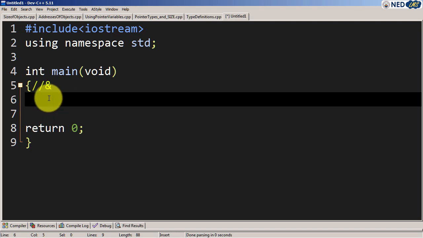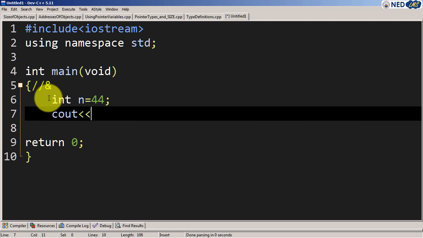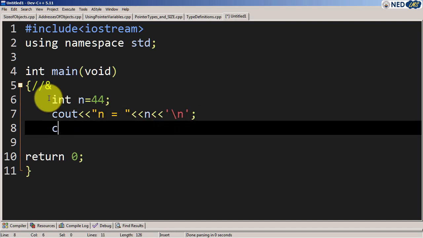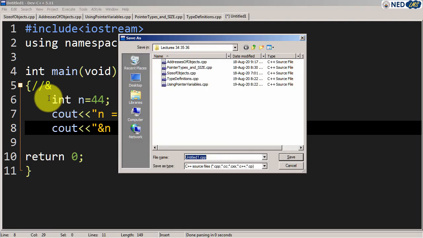We're going to declare an integer n equals 44. We print out the value, n equals, and then n here, and then a backslash n. In the next line, this is important, I write cout, then n equals, and I'm using the reference operator, or the address operator, as we call it, and we write &n over here. If I run this code,